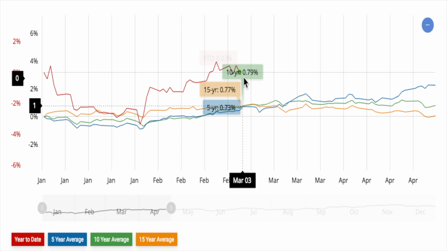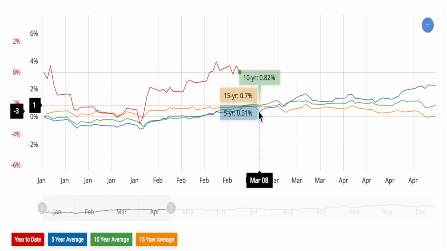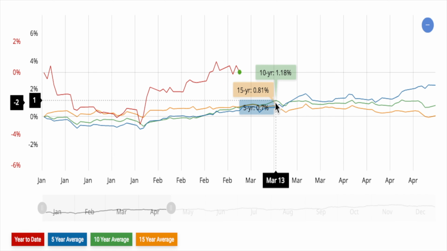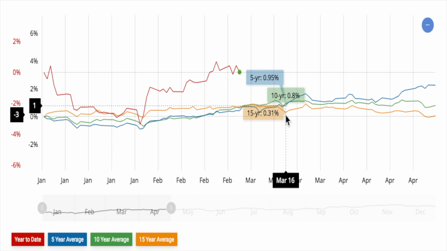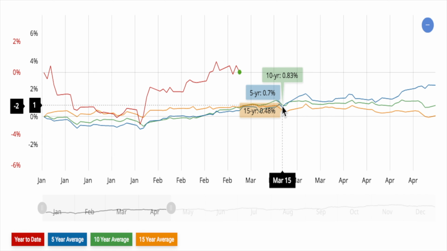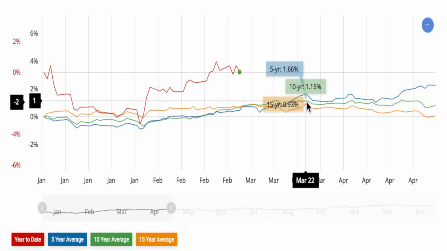Looking at our seasonality chart, a couple of dates you want to keep on your radar. Using the 5-year average, March 8th looks like it's pretty hot. It dips in. And then looking at the 10-year average, there's a little peak on March the 13th. And then on March the 16th, the 15 years pulls back. You can see that the blue one is the 5-year on the 15th, 16th. They put in a swing low and shoot up. We'll get a nice little pop into March 22nd.